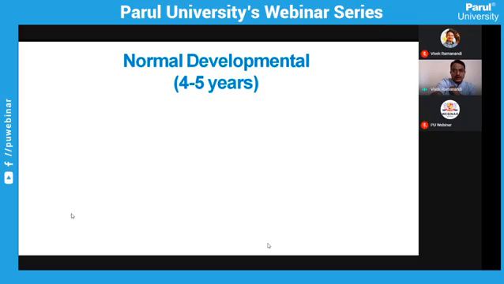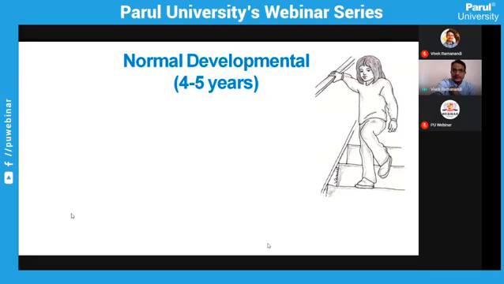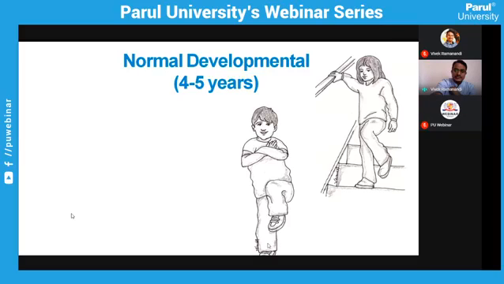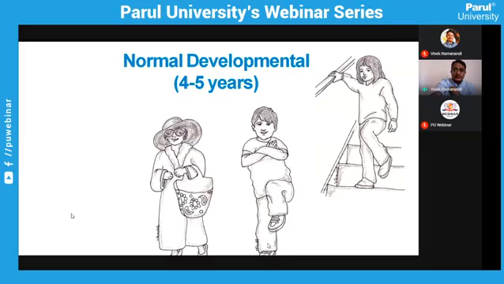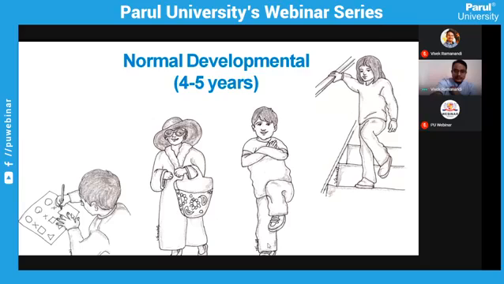At 4 to 5 years of age, the child can now independently descend the stairs, that too with alternate steps, and can stand on one leg with arms crossed across the chest. The child can imitate adults, like this girl who has prepared herself like a fashionista, and can imitate small shapes such as circles, cross, squares, triangles, but the lines are not exactly what we are supposed to draw.